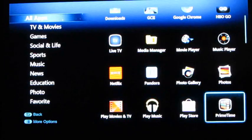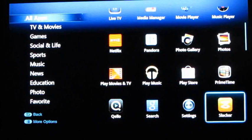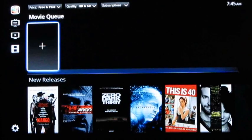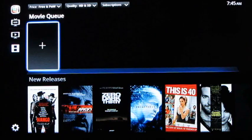So it's nice that there are applications on here like the Primetime app, which let you search for content across all of your different sources. And you'll notice there it took so long to open that sometimes I'll wind up clicking extra buttons and you wind up going back when you didn't mean to go back, which can be kind of annoying. So anyways, you have this application called Primetime that lets you search for content across all of these different places,